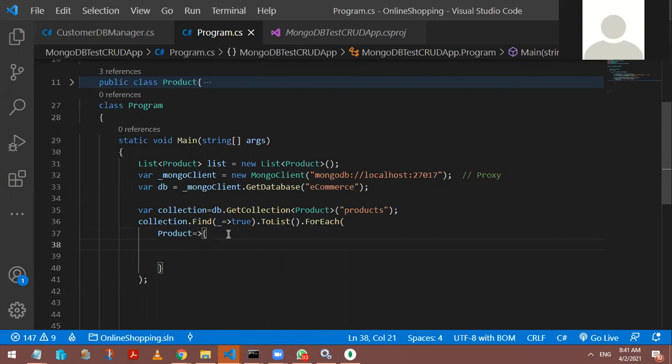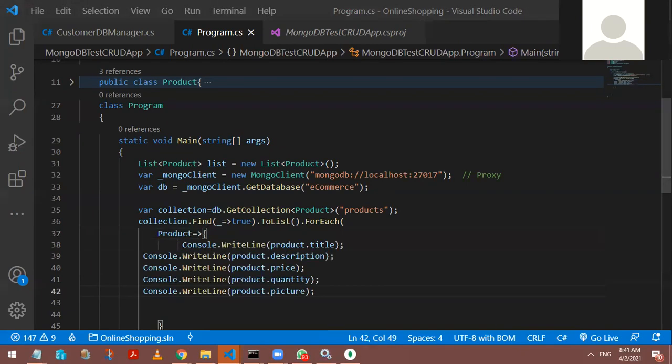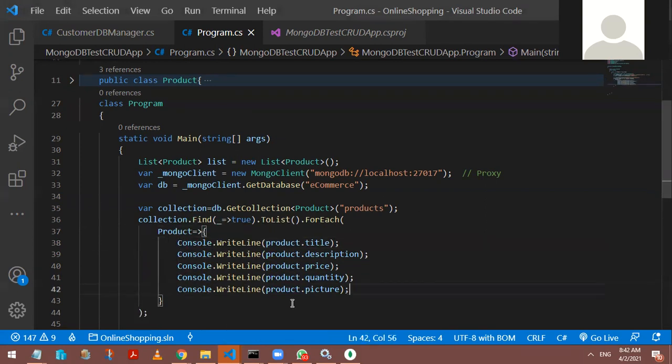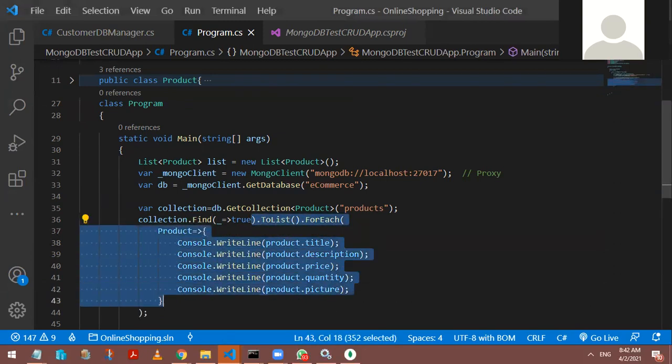So you will use your code something like Console.WriteLine product.title, Console.WriteLine description, Console.WriteLine picture, something like that. So I could just go back and do this thing. Doesn't it look like one more simplified code which we are trying to achieve inside this area? So we are trying to make our code modern and much more self-descriptive. You redefine here the foreach loop, the searching criteria, and converting data into the form of a list, and it has been totally done under this simple kind of code.